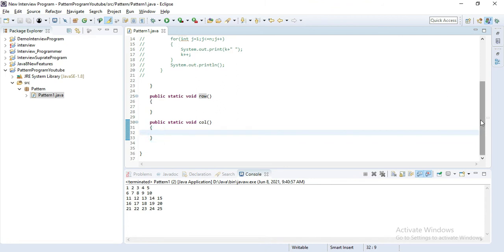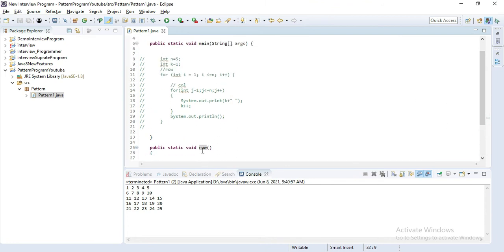Now we have to call this method inside our main method.